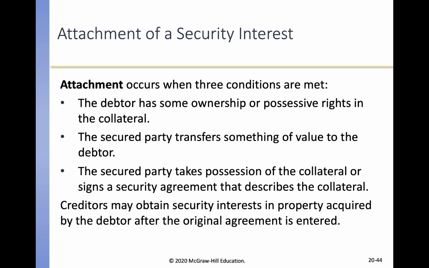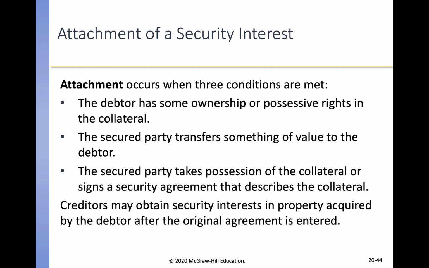So the creditor would do that by placing a provision in the security agreement that the security interest of the creditor also applies to goods the debtor acquires at a later time. That's known as a floating lien. And that lien is important to creditors who take security interest in goods such as food items that are sold and replaced within short periods of time, or small inventory items, things like that. The lien is lost when the goods are sold, but regained again as soon as the debtor takes possession of the new property.